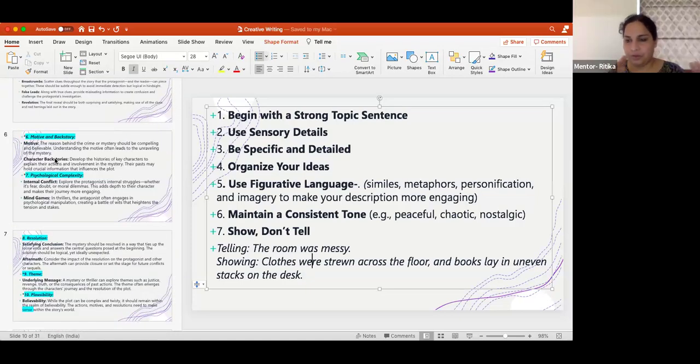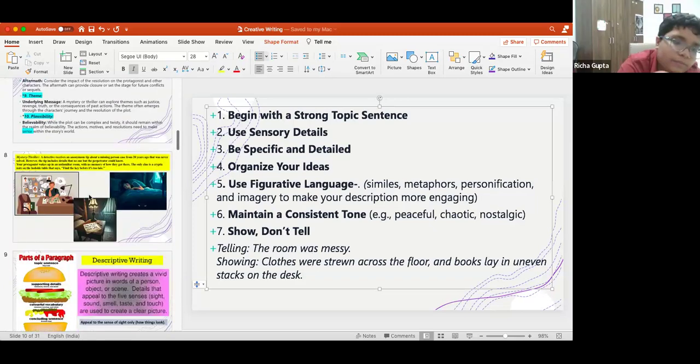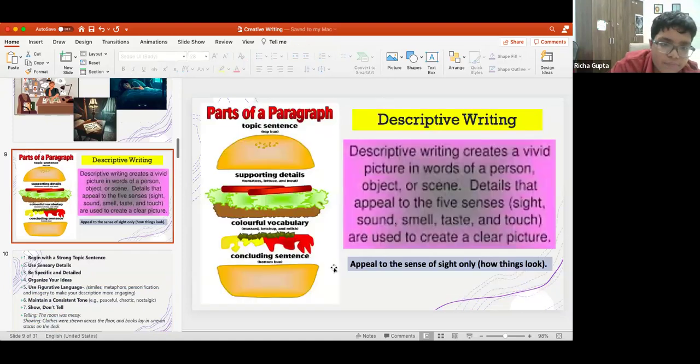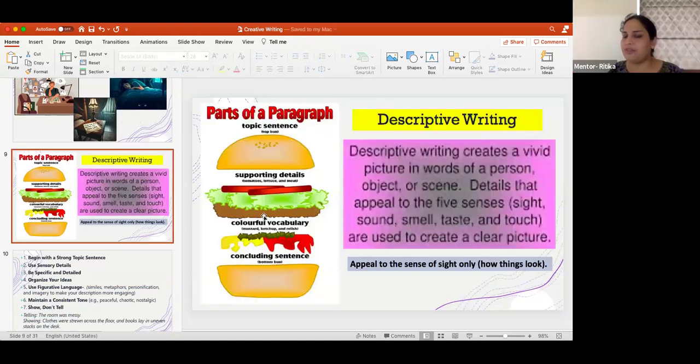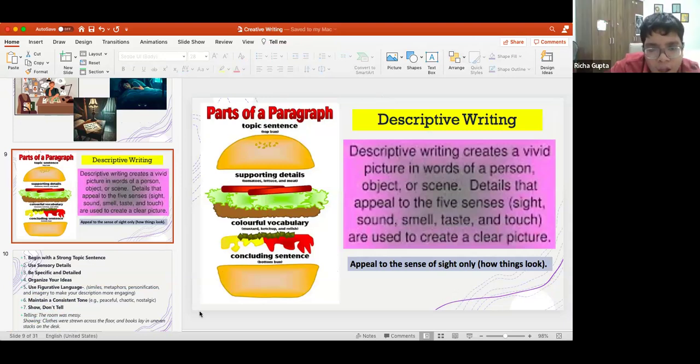Have you read it properly, or are you just guessing? I read it properly. All right. So can we say descriptive writing could be in paragraph form also? Yes, in paragraph form. And we can use descriptive writing in story writing as well, wherein we are describing the setting of the place and describing the characters, isn't it? Can we say that? Yes.